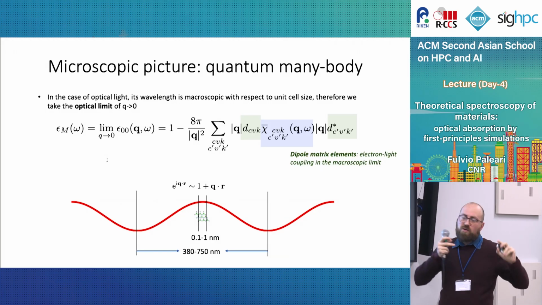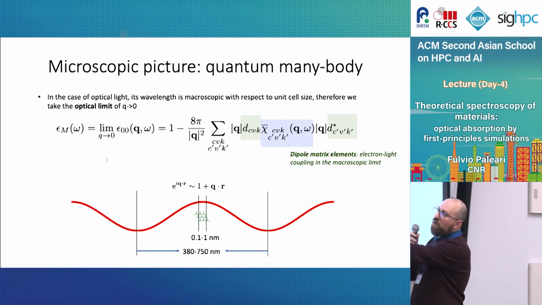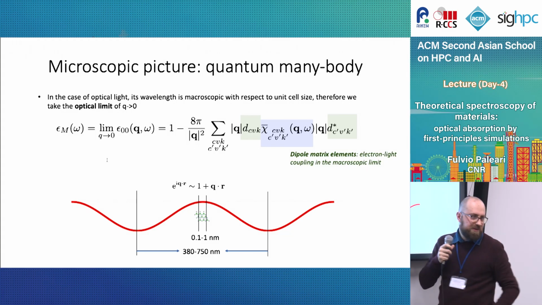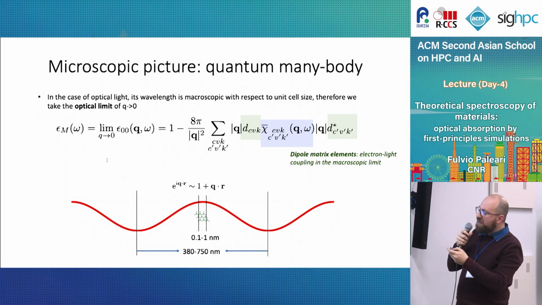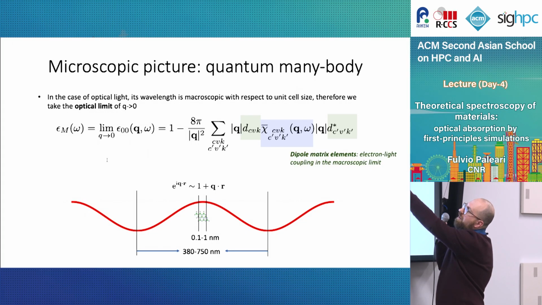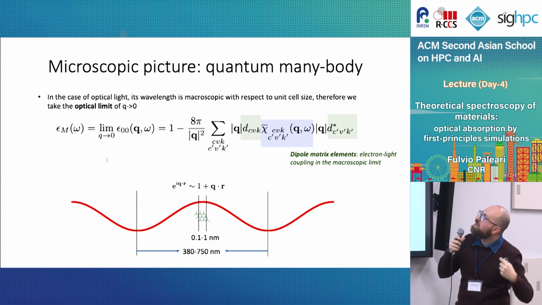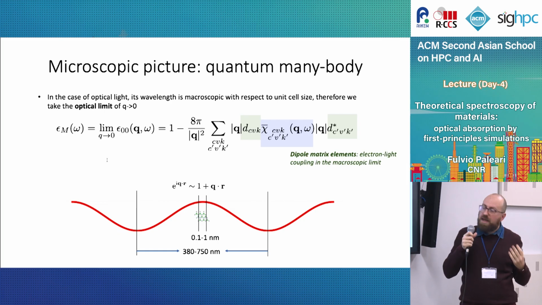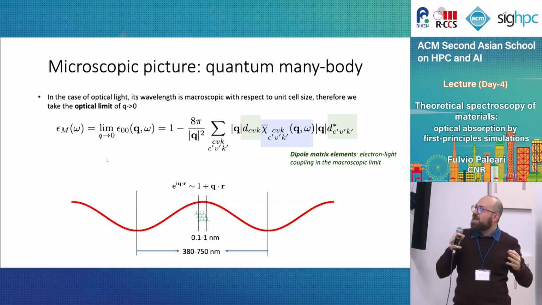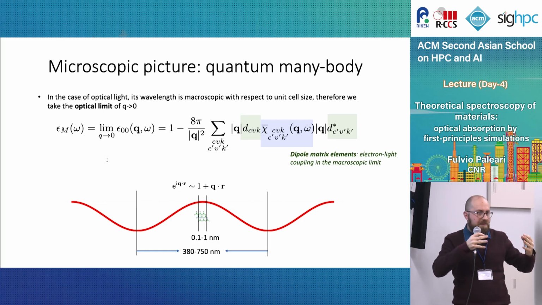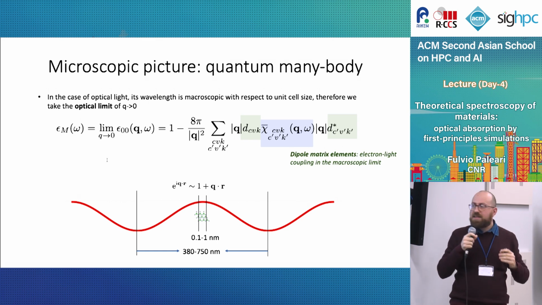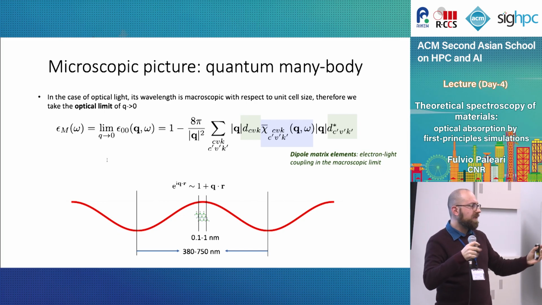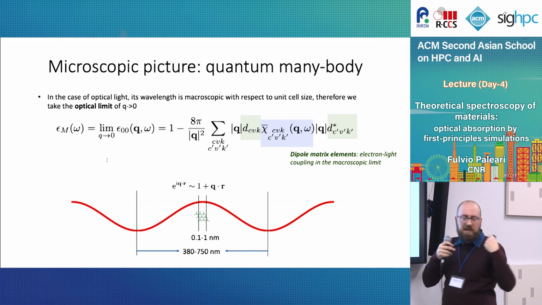And this leads to the so-called dipole approximation, where the oscillating exponential of the wave is just approximated to 1 plus first order. If we do this, we can extract the Q vectors from the original coefficients, and we expose this D. These are the so-called dipole matrix elements. This is basically the strength of the coupling between electrons and light. And this is a quantity that we can compute with first principles codes. So this is the first thing that we can directly compute.